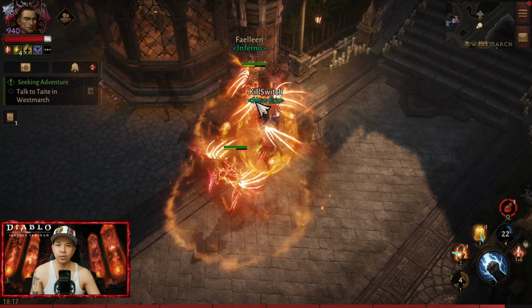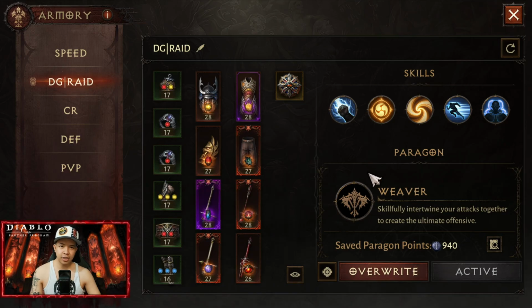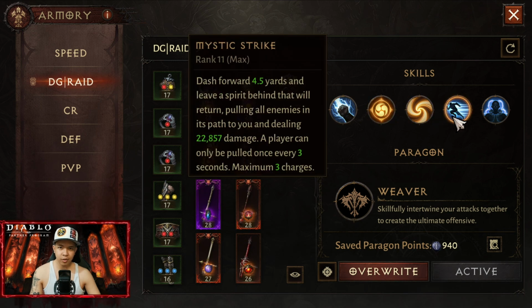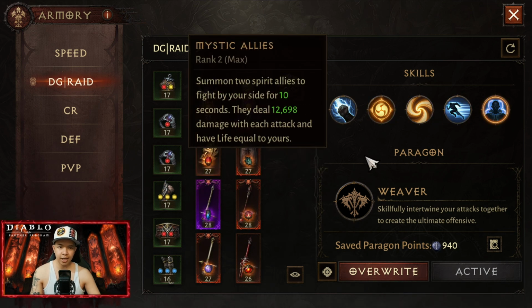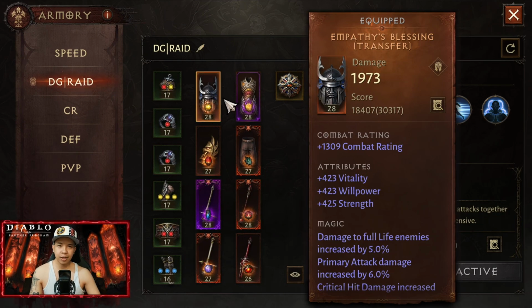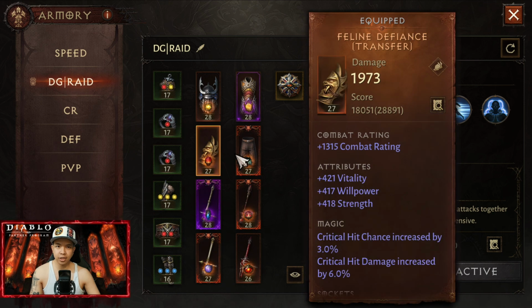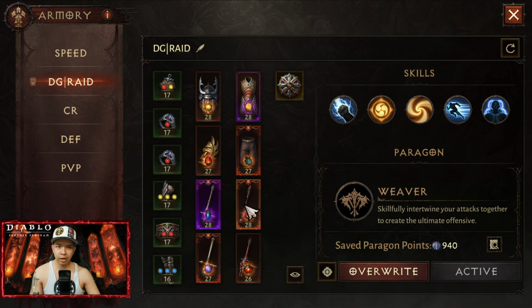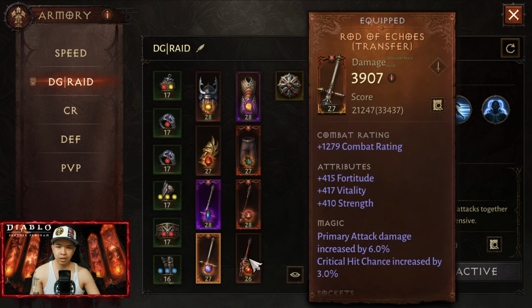It's easy to use. For Dungeons and Raids, for the skills: Fist of Thunder, Inner Sanctuary, Cyclone Strike, Mystic Strike, and Mystic Allies. For the Paragon, Weaver. For the legendary gears: Empathy's Blessing, Balance in Moderation, Feline Defiance, Companion's Melody, Samtev Lamplighter, Twitching Palm, Rod of Echoes,